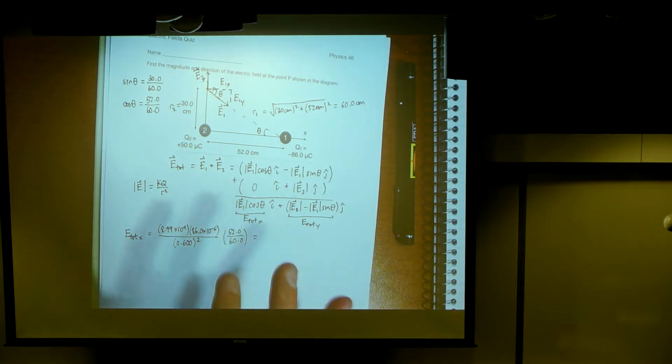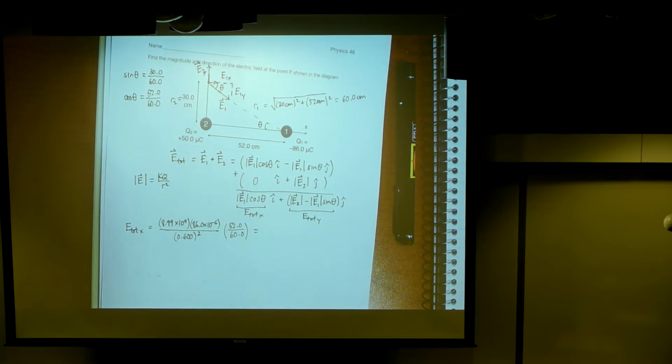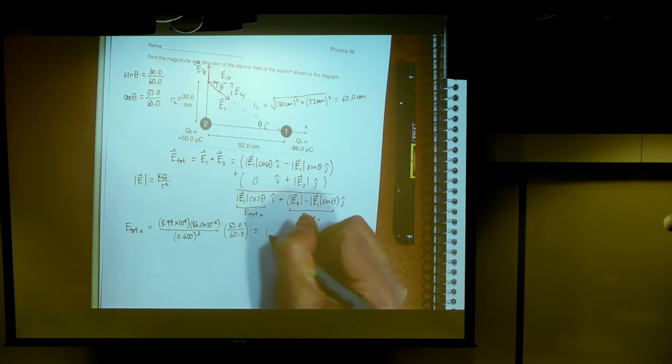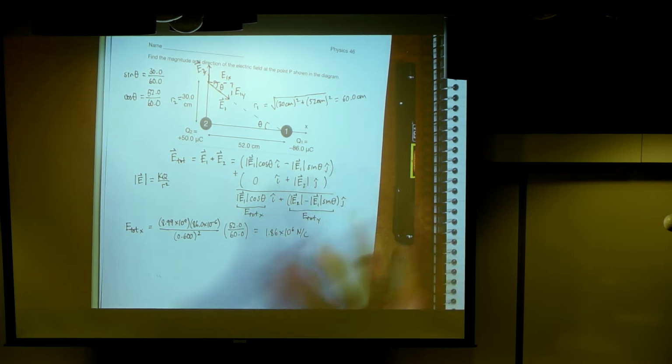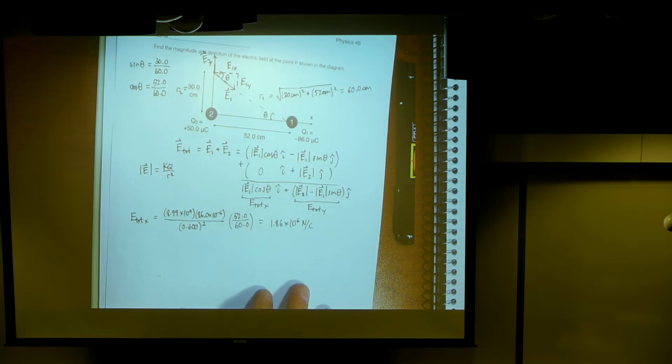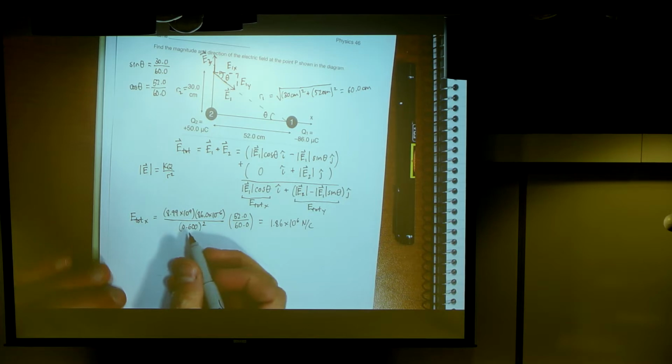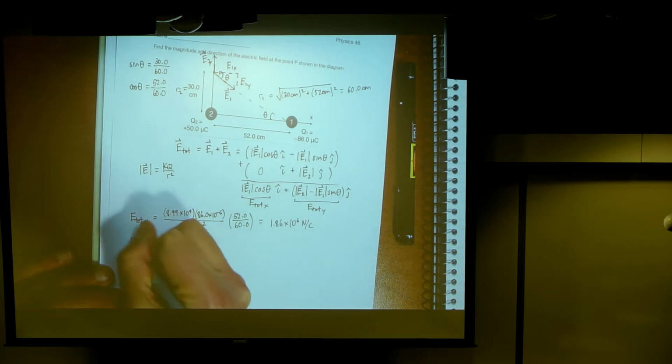So can someone crunch those numbers for me? You might have done it on your quiz. What do we have? 1.86 times 10 to the 6 newtons per coulomb. Do we agree? So try it out to see that's what you get, but that's what you should be obtaining. For E total Y,